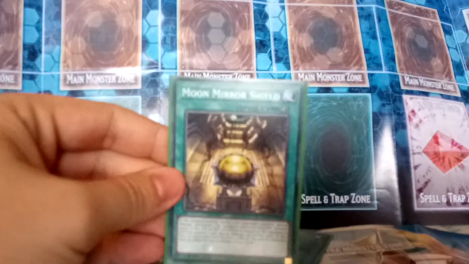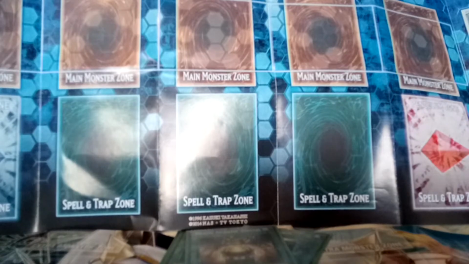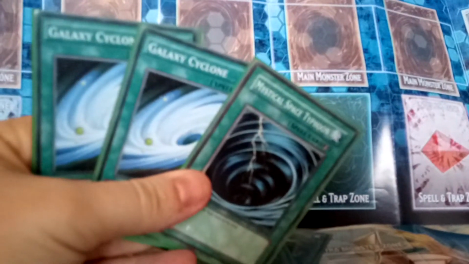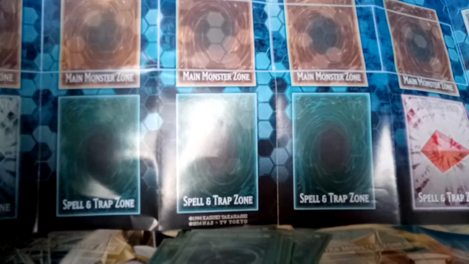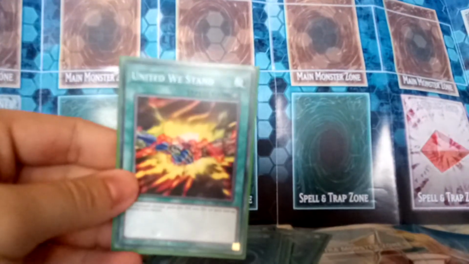1 Moon Mirror Shield, because people do not expect this card. And then for some back row destruction, in this deck I run, of course I can switch it around with other stuff, but currently I run 2 Galaxy Cyclones and 1 Mystical Space Typhoon. And then for some other crazy techs that I'm testing out recently, I run 1 United We Stand and 1